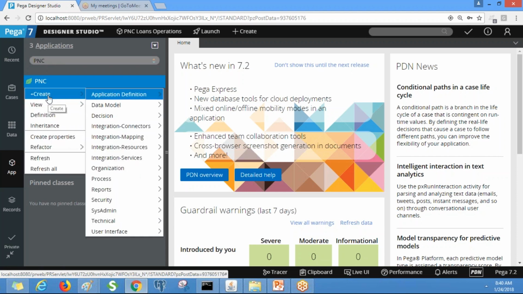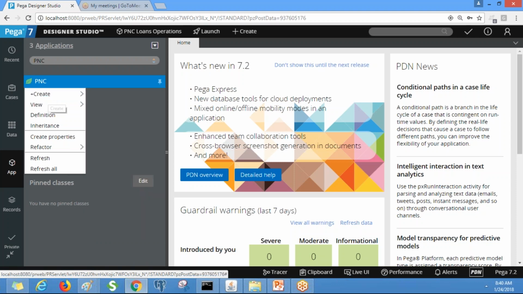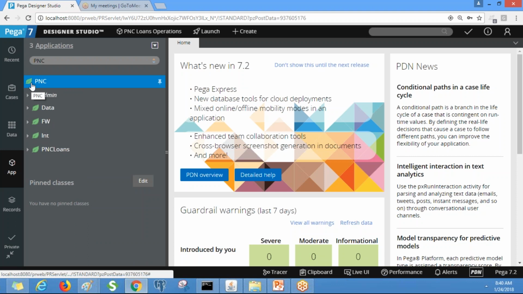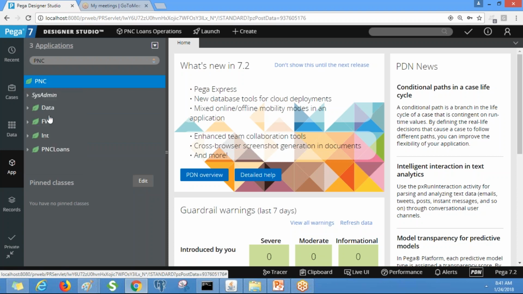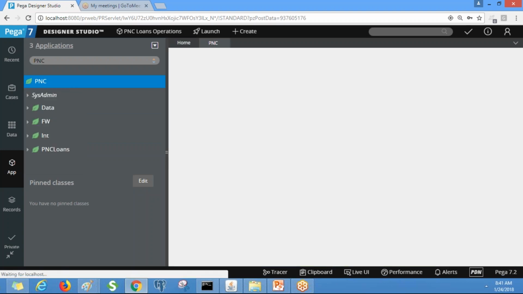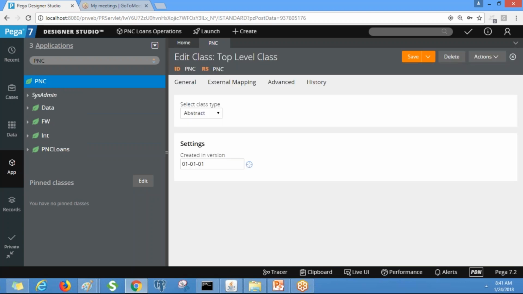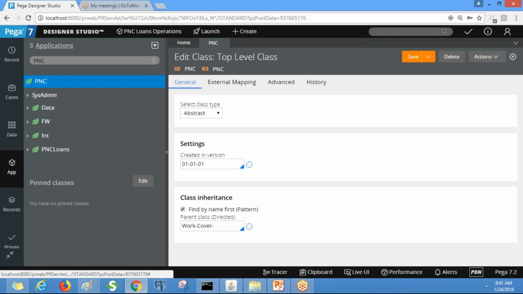So how can we know whether it is an abstract class or a concrete class? Right click on the class. The leaf symbol we have, right? That means this is a class. Wherever you see the record with the leaf symbol, that means that is a class. So right click on the PNC organization class and click on the definition. You note down these navigations. See, this is an abstract class.